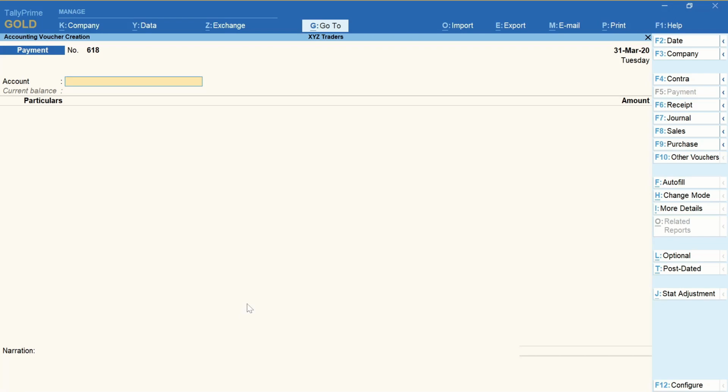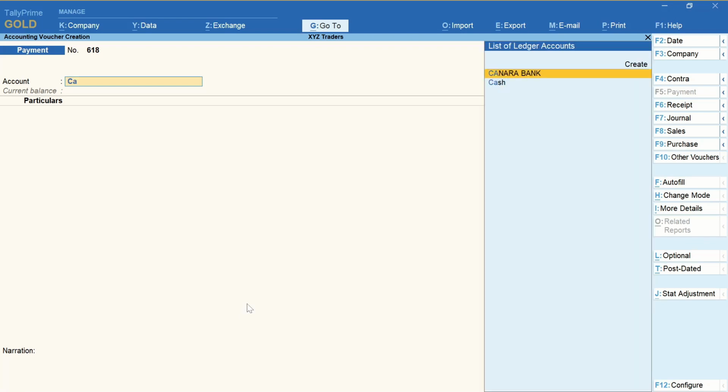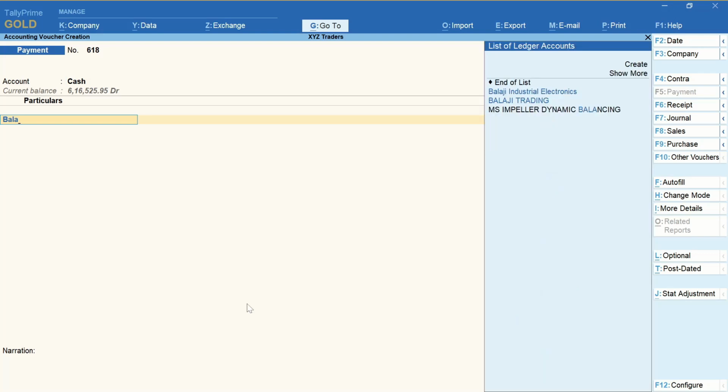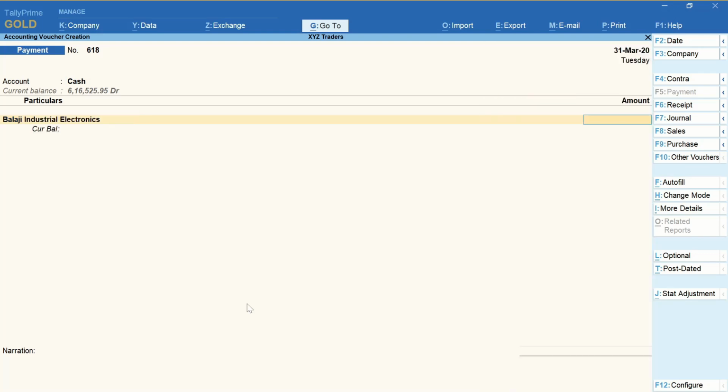Let me create one payment, a cash payment, to Balaji Electronics, and let's reduce our cash balance by, let's say, 40,800, and just a test entry on 31st March.